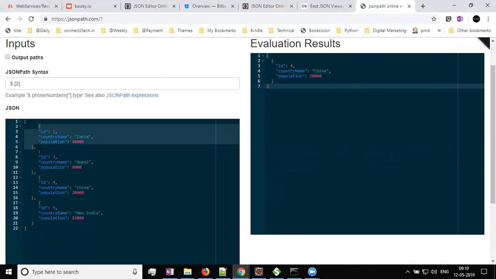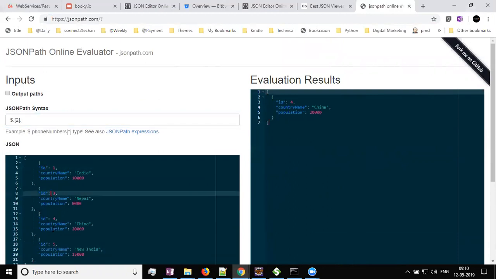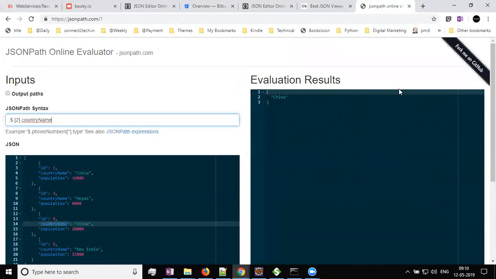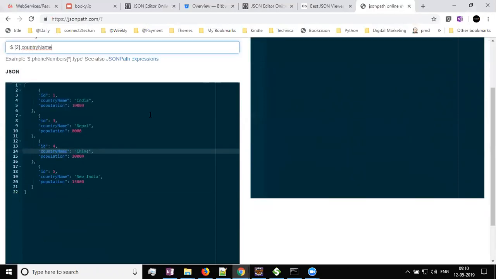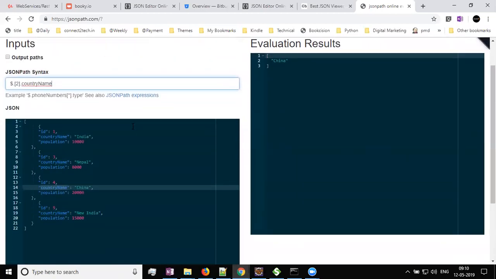So this is 0th, this is first, this is second, and this is my third one. After that, if I say dot, so if I want to get the country name, I'll say dot country name. It will give me the country as China, for example. Is that right, Anamika? Pallavi? So this is how you navigate through the content of